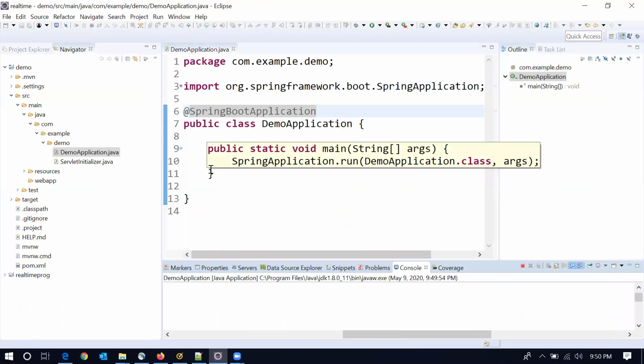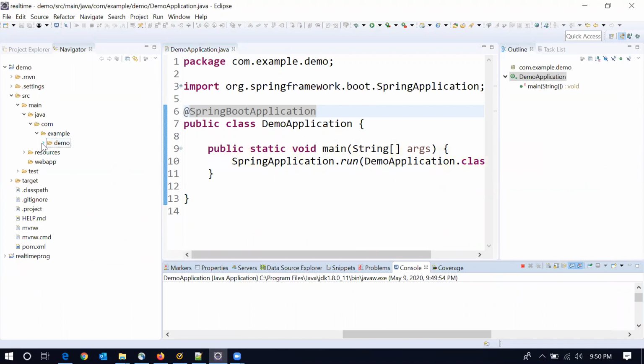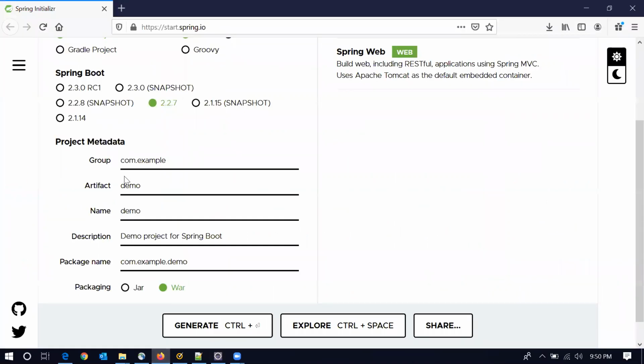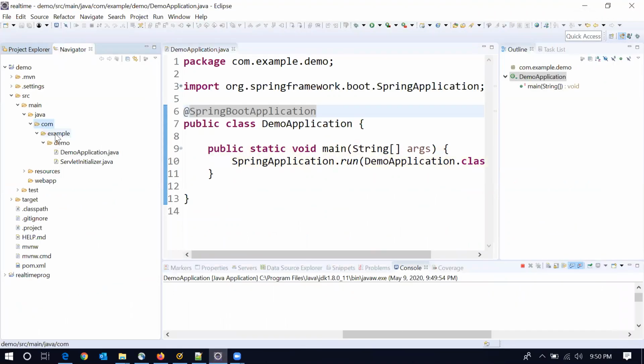Fine. But now if you want to see any output, we have to create some controller. I will create one controller. Because of the group ID, com.example is my root package under src main. src main java is the root package for any Maven project. Under that, com.example is the default package, which is the group ID.